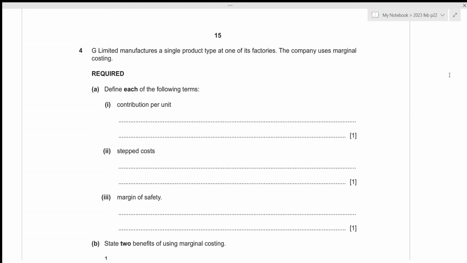Hi everyone, in this video we will be going over A-Level Accounting 2023 February-March paper 2 question number 4. This is the structured paper 2 which consists of 4 questions. 2 of them will be of 30 marks and 2 of them will be of 15 marks, and we are given a total time limit of 1 hour and 45 minutes. Since question number 4 is of 30 marks, ideally we should be spending about 35 minutes in order to complete this question, and in this video as well we will be attempting to solve this question under 35 minutes.